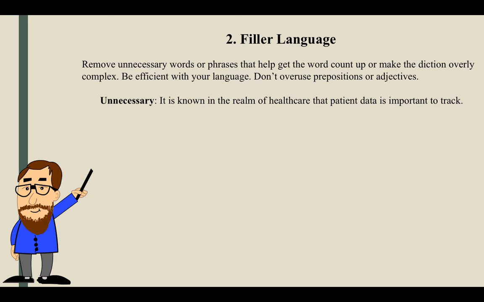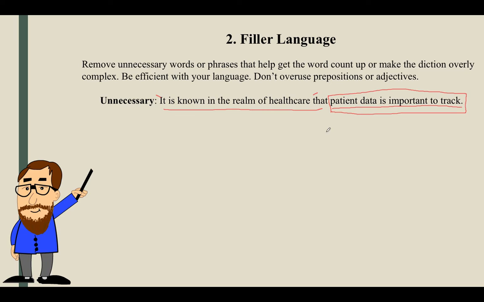In this sentence, the author says, "It is known in the realm of healthcare that patient data is important to track." If we break this sentence down into two halves, we see that the second half, patient data is important to track, is where the real meaning is. And that the first half, it is known in the realm of healthcare, is irrelevant and meaningless, or at least doesn't add to the meaning